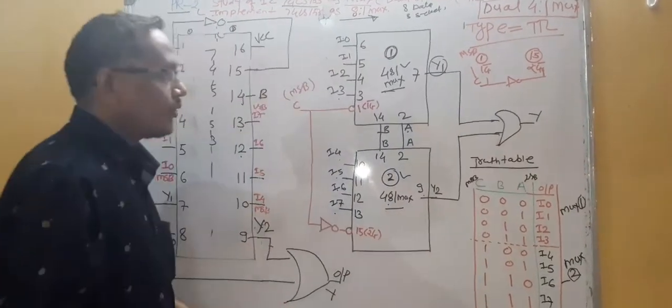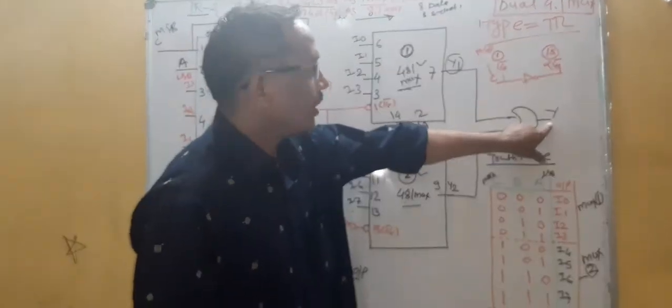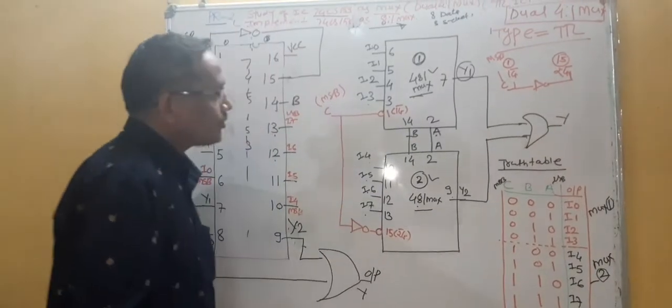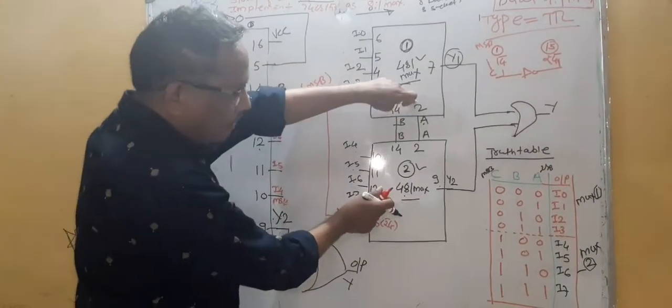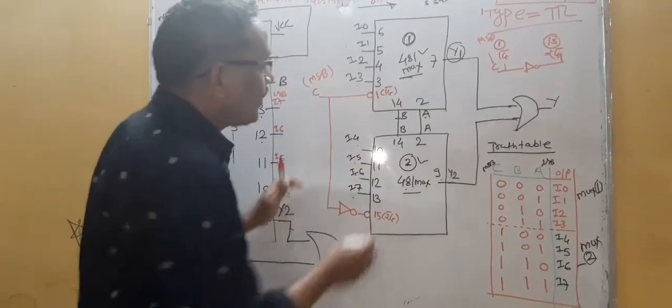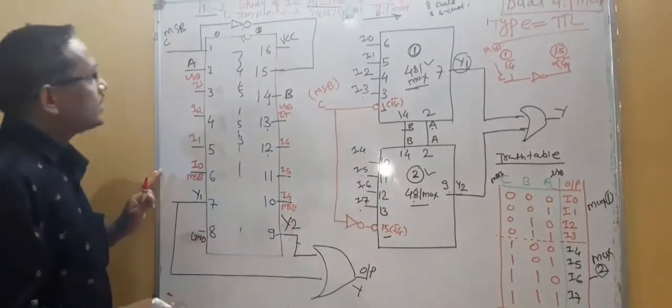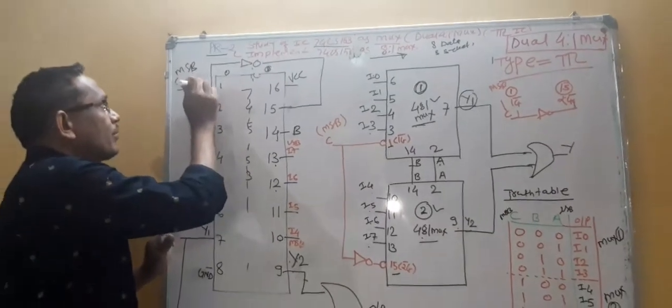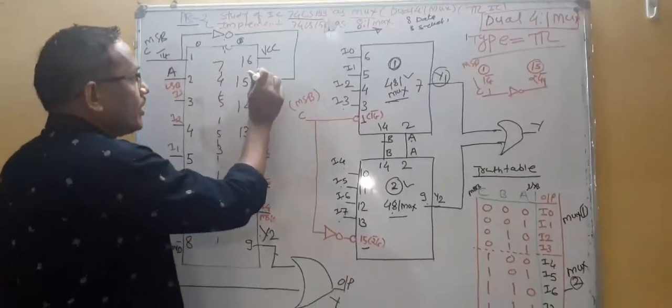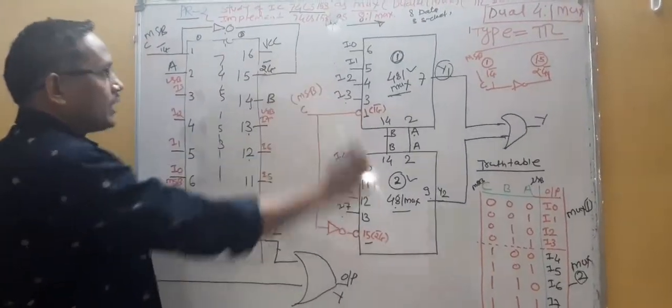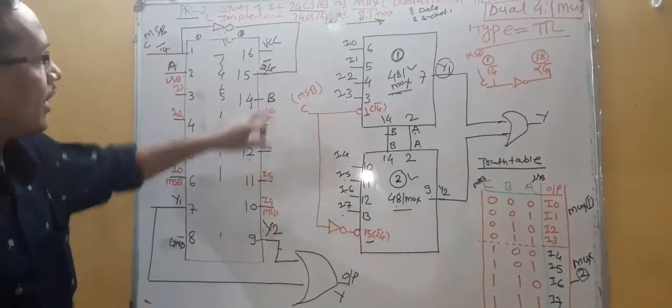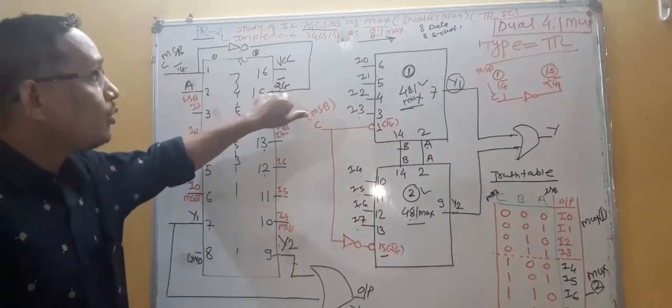To this point, I will connect one OR gate. I will come to why you require the OR gate here. Then I will connect the two 4:1 multiplexers in a cascading way through pin number 1 and pin number 15, because this IC consists of two strobes. This is pin number 1, called 1G bar, and this is pin number 15, called 2G bar. These strobes are active low pins.